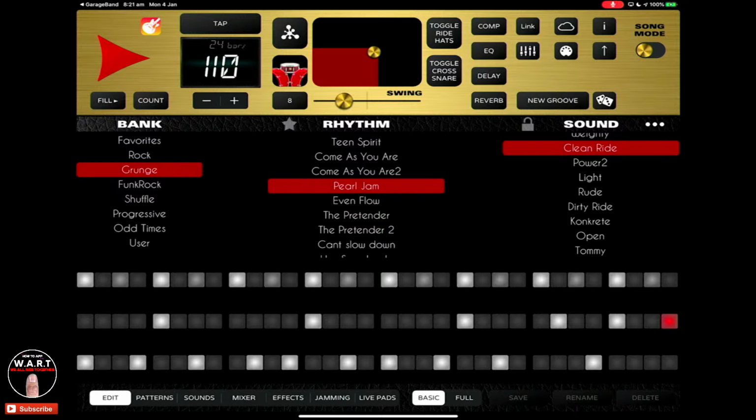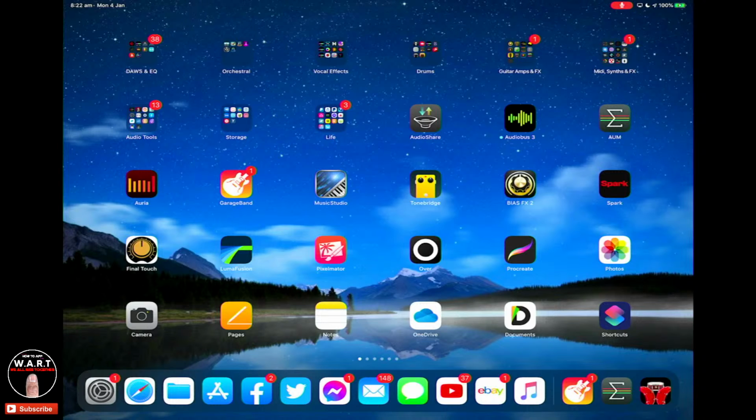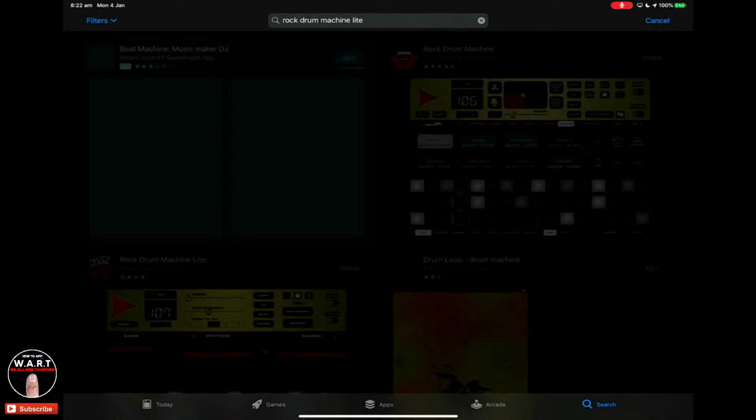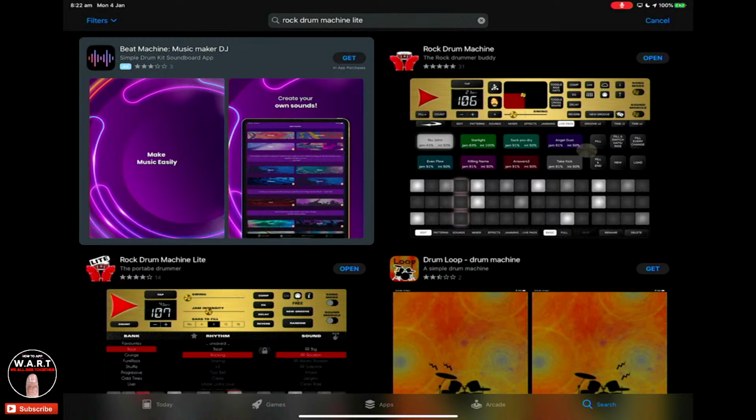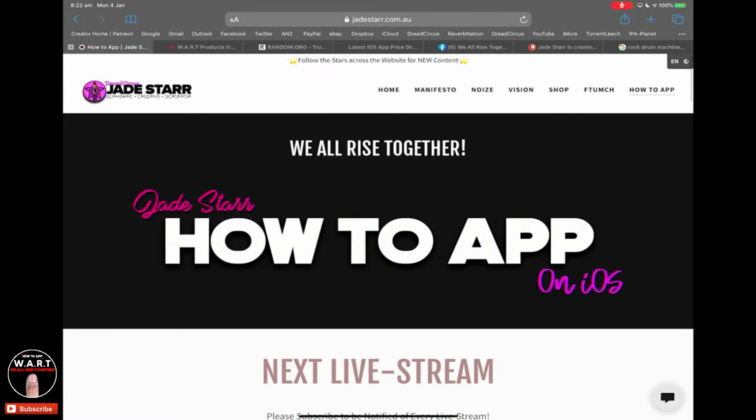And like anything, there are a couple of in-app purchases with this. There's an initial payment, of course, so this does cost money. But let's just cover this. If you want to try this out, we'll head back over there in a second. So Rock Drum Machine, there is actually a light version for free. It only comes with a couple of drum types, a couple of drum sounds, and a couple of drum rhythms with each one. But it's there for you to download for free to try out. You can't save any of the patterns or anything like that, or create your own banks, but you can mess around with it just to see if it's something that you want to get into, right? And then if you wanted to purchase it, what is the price of it? I can't even remember. So head over to